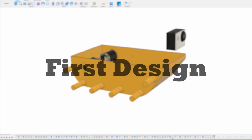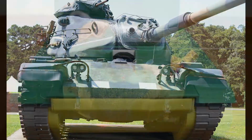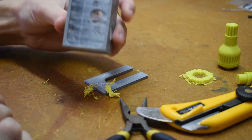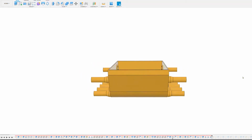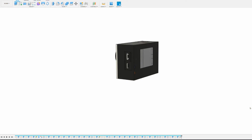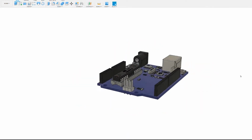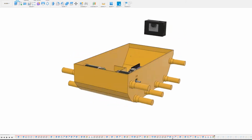At first, my thoughts for design were this: make something that is functional, that slightly resembles a tank, and something I will be able to 3D print. So I created a shell of a tank that would just barely fit onto my 3D printer bed. I made models for the motors, camera, and electronic speed controllers I was using, and found models online for a Raspberry Pi and Arduino to get a visual approximation of how all the electronic components would fit in